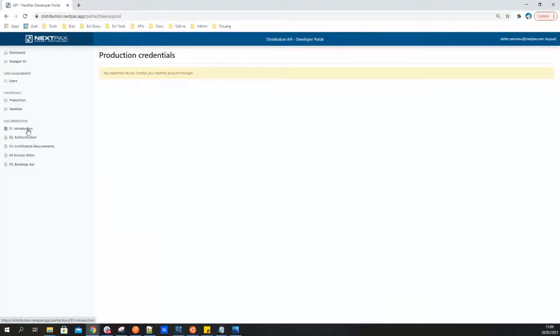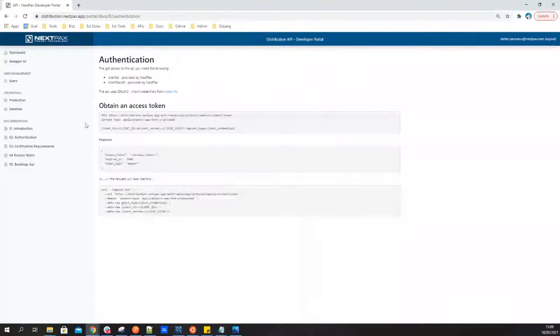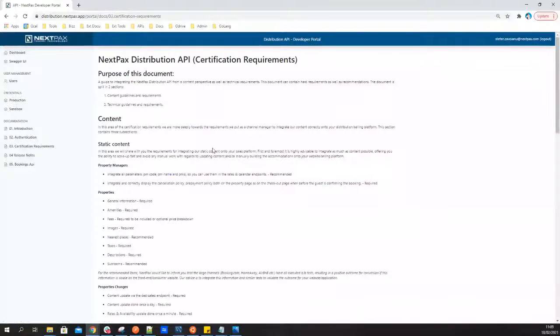And last but not least, we also want to make it easy for people to understand what they're working with. So that's why we have detailed documents or articles about how to get started with the distribution API, how the authentication works, and what some of the requirements for the certification or guidelines in terms of content are, just to give you